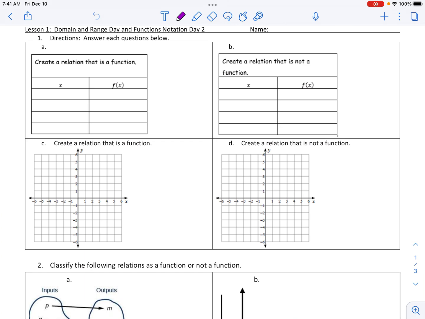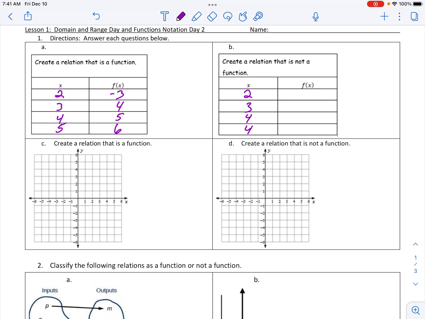Okay, to be a function, when a relation is a function, we need to have unique x values. So I'm just going to throw in some x values here. And for the y values, or the f of x values, y and f of x is the same thing, that doesn't really matter as much. I have to make sure the x values are all unique. So if I try one that is not a function,